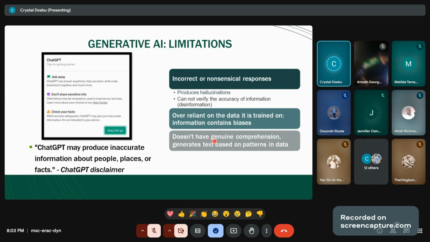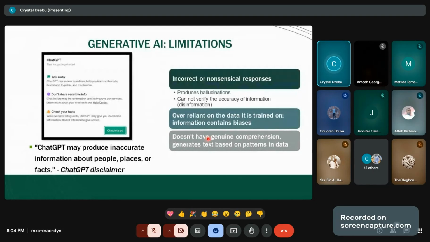Another thing that you should note about generative AI before we start, I hope we all hope that all these things will be solved. So far as it's a problem, I feel every problem can be solved. In the near future, all this will not really be a problem again. Another problem is most at times this really doesn't have genuine comprehension.